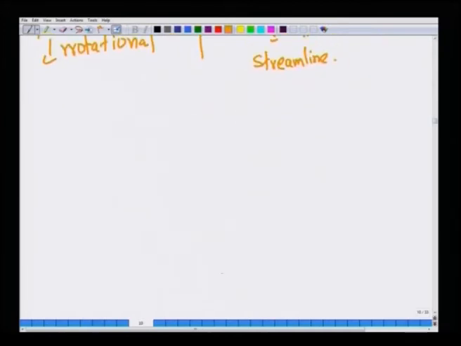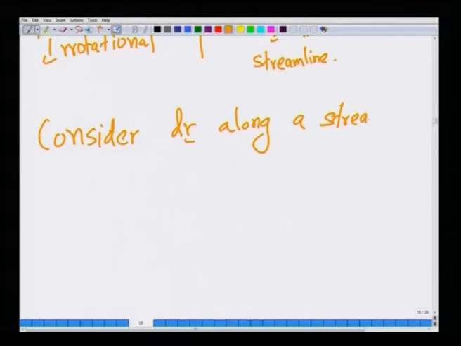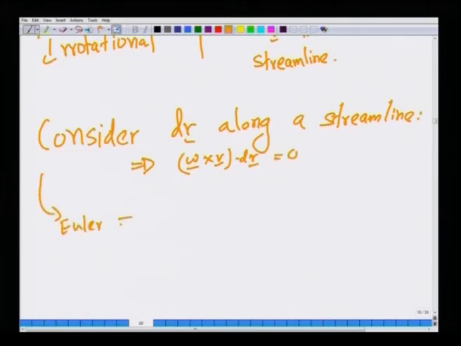So, we will consider dr along a streamline. So, you get immediately that omega cross V dot dr is 0, and the Euler equation for such a case becomes